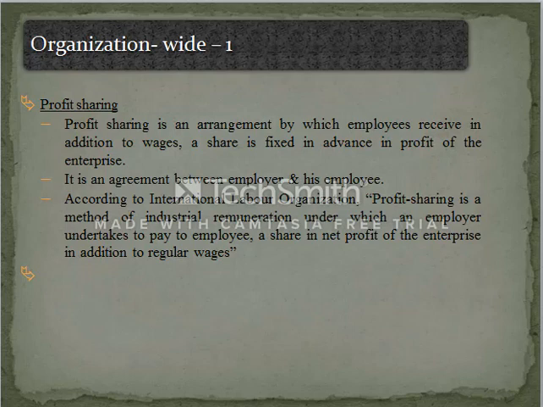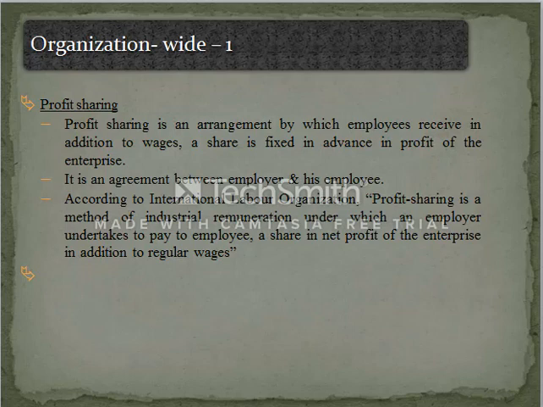In this category, the base salary of the employee is fixed. Under this, profit sharing is an arrangement by which employees receive an addition to wages. A share is fixed in advance in profit of the enterprise. It is an agreement between employer and employee. It is a sort of agreement whereby a fixed salary of the employee is made. Thereafter, an agreement is made between employer and employee that the employer will pay a certain percentage out of the profit